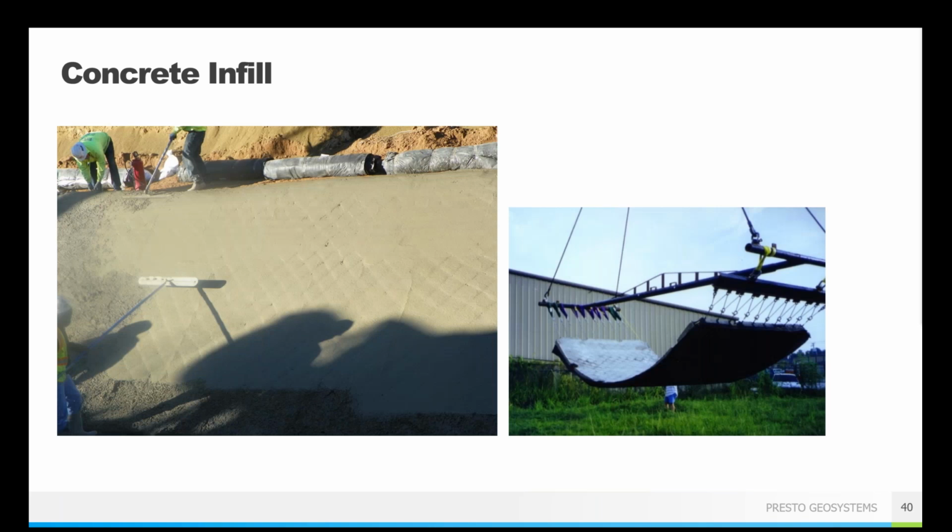And you can see that it is still a pretty flexible system, even with concrete. So you do have a little bit of what we call our own construction joints. So along the cell walls, the concrete does break apart slightly so that it does have that flexibility. And so you don't need to have any construction joints on your own.